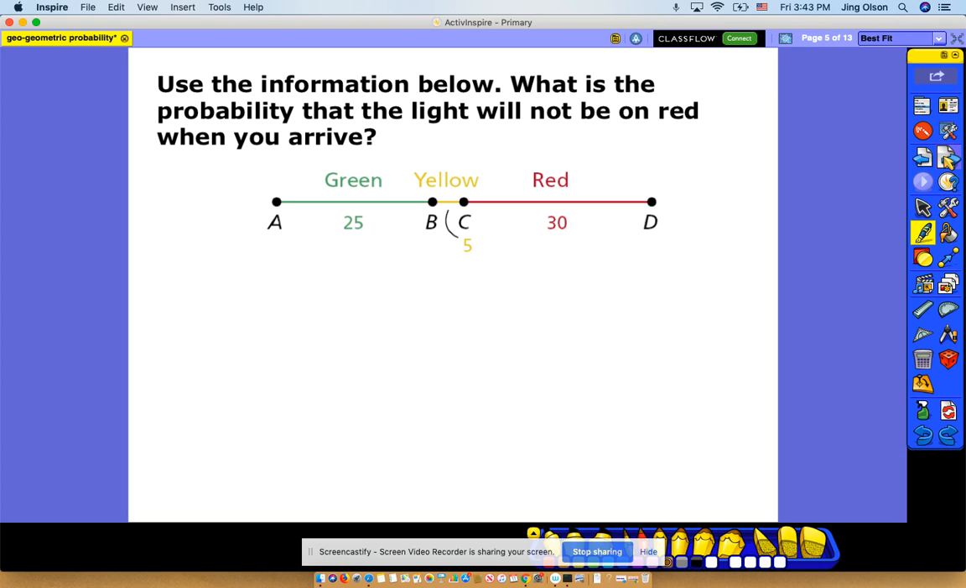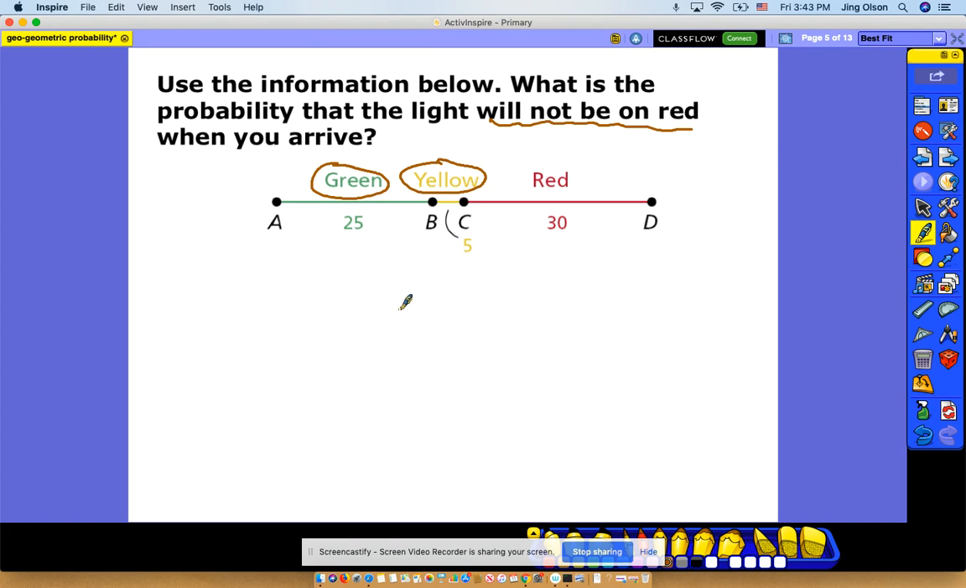Okay, so use the information below. What is the probability that the light will not be on red when you arrive? The green light lasts for 25 seconds, the yellow light is 5 seconds, the red light is 30 seconds. So if you get there at a random time, what's the probability the light will not be on red? Will not be on red means the light is either going to be green or